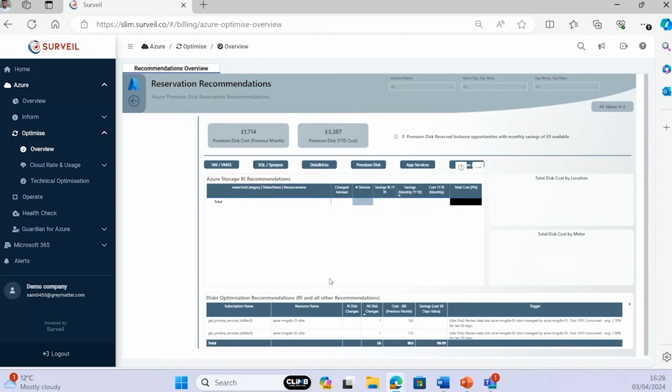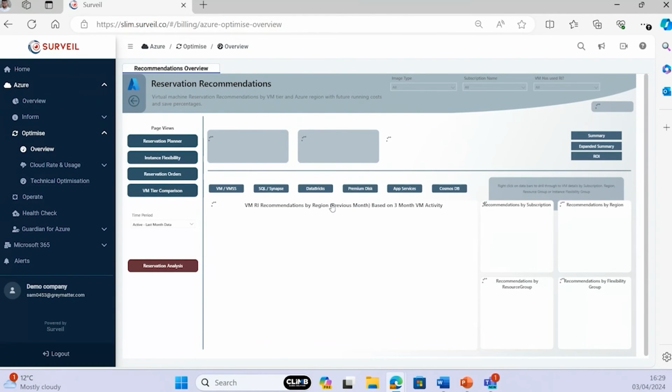But it's not a wasted view, because we can see that it's still suggesting that the premium disks we do have are idle, and it's basing that on the input output per second being consumed. So reducing that will reduce our bill. So again, we can take immediate action. If I go back and look at the other elements of the platform,